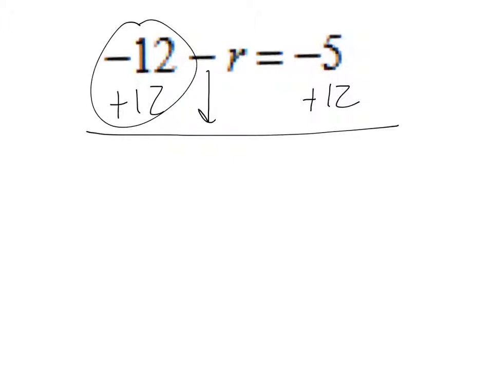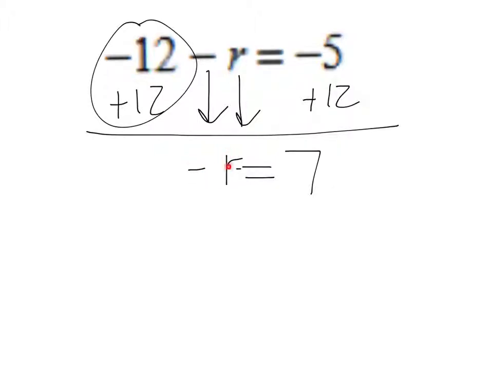Now this is why it's a two-step, because right in front of the r is actually a negative. We're subtracting, so it's r. Negative r is equal to, now here it says we owe 5 and we have 12, so that means we're going to have 7, but